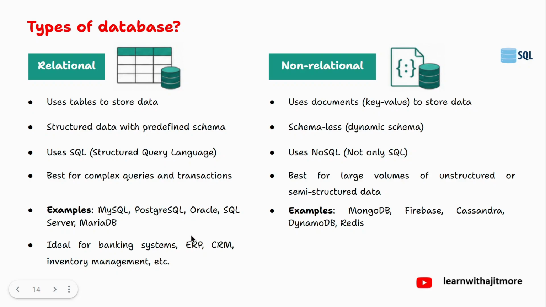ERP means complete automation of any product-based company. Their products, stock, bills, invoices, suppliers, customers, everything is maintained in that. Then CRM system is there. Then inventory management. In inventory also, the table structures are fixed. So all of them come under